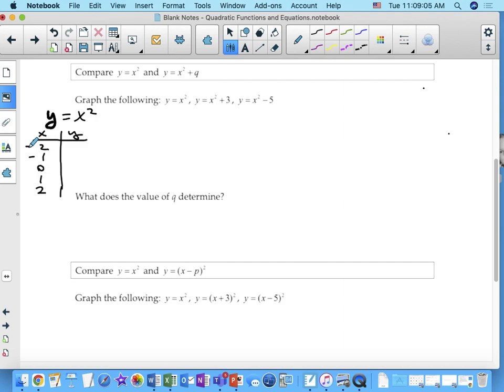-2 squared is what? Yes. -1 squared is 1. 0 squared? 0. 1 squared? 2 squared? 4. Okay, so if we graph this,